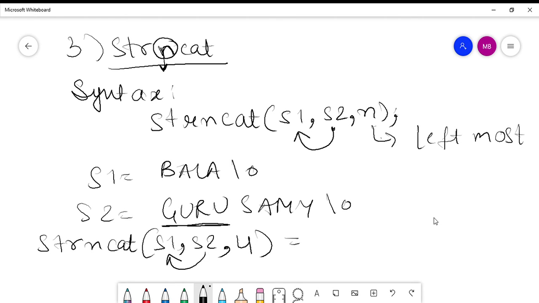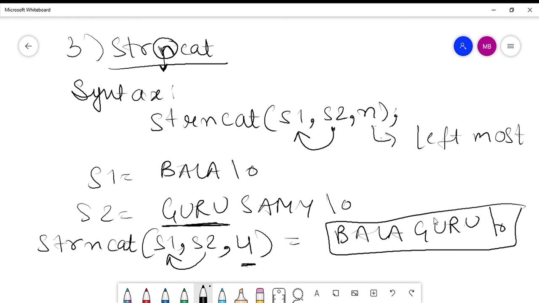So the resultant string will be Bala plus the 4 characters of string s2, that is Guru, because the number n is 4 over here. So the resultant string will be BalaGuru and a null character.